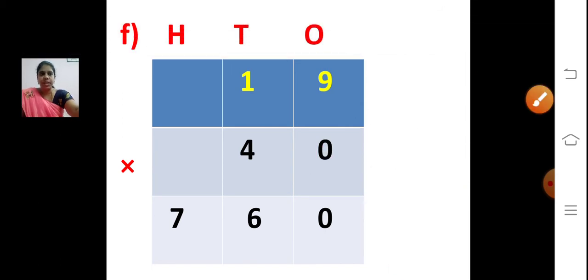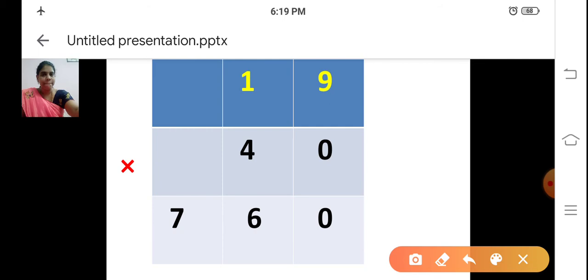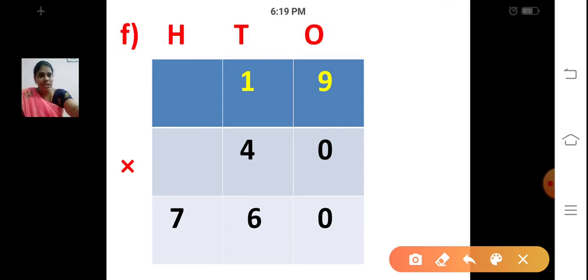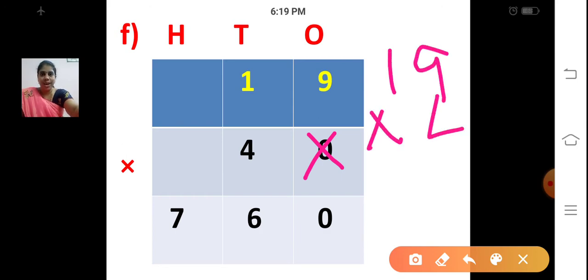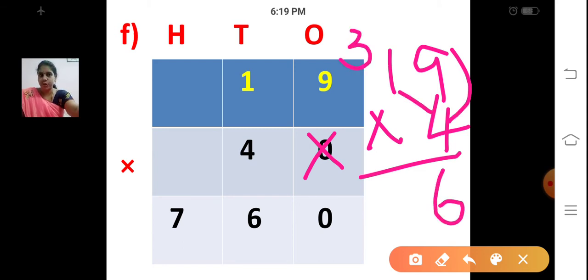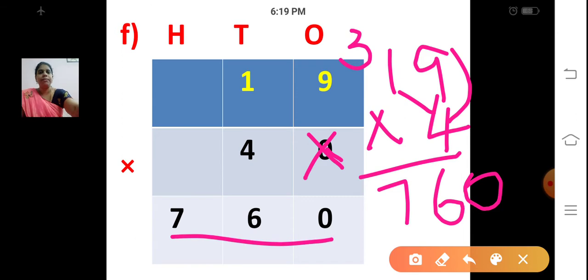Just see, here we are going to multiply 19 into 40. So now count how many zeros? 1 zero, that we will write at the last of the answer. So now we are going to multiply 19 into 4. So 9 4s are 36. 6, 3 will be carried over. Then 1 4 is 4. 4 plus 3, 7. And this 0 you write at the end, to the right of this answer. So the answer is 760.